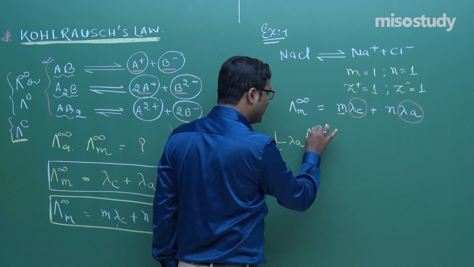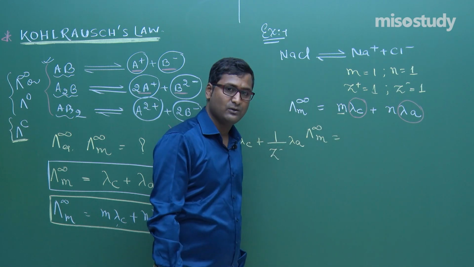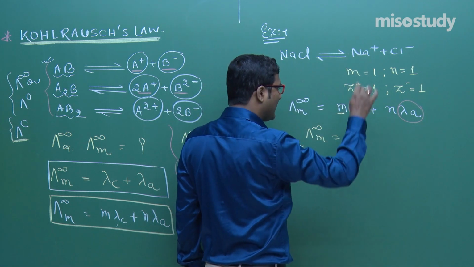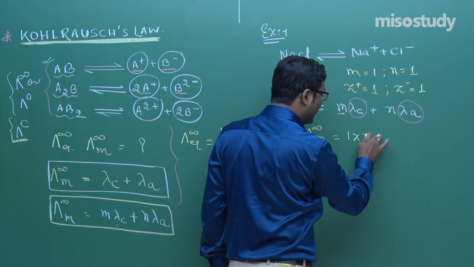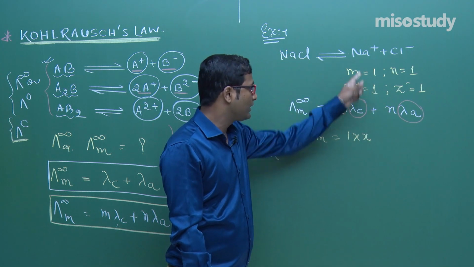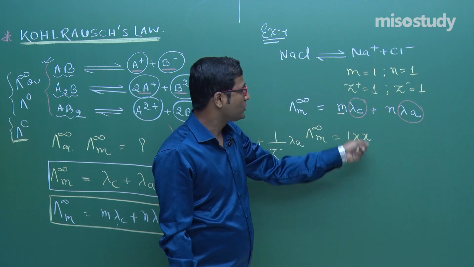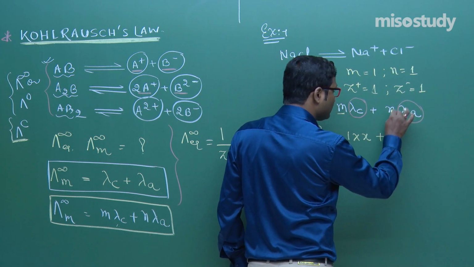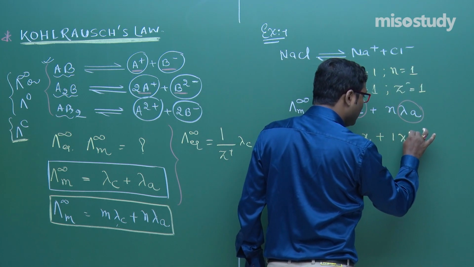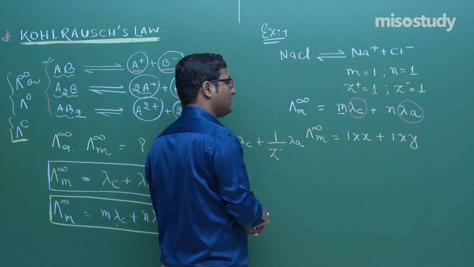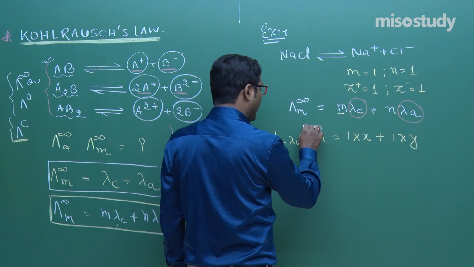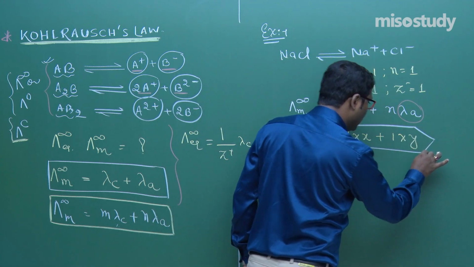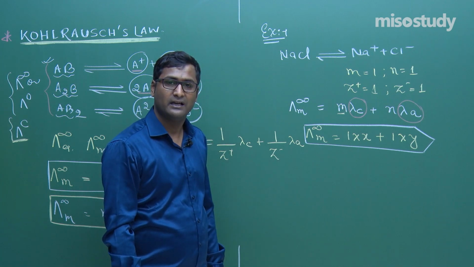So molar conductivity at infinite dilution, my friend, is equal to 1 multiply. Suppose the ionic conductivity of cation is X. So 1 into X, it is given during numerical in question, there is given the value of ionic conductivity, and the Cl is 1 again. So put here, assume that ionic conductivity of anion is Y. So this is the expression to find the conductivity at infinite dilution.